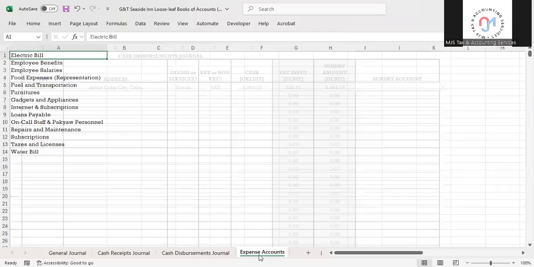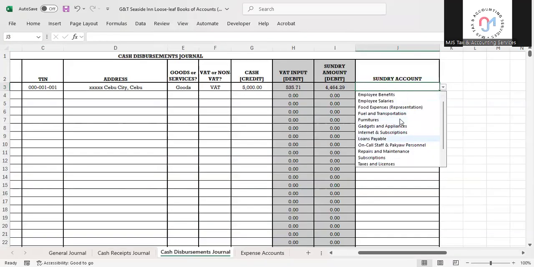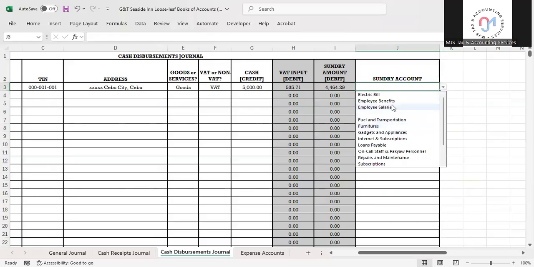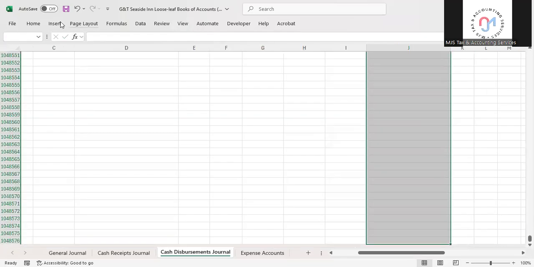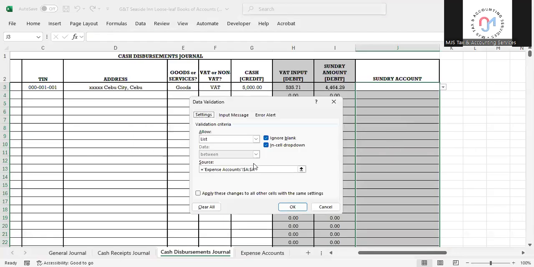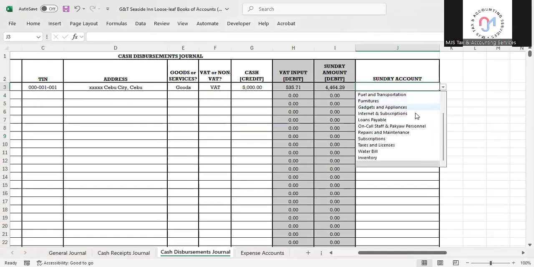I placed this here as expense accounts, so you can also add inventory here. I think we have to update this one first. Okay, and let's just see if there's already inventory. Okay, so just choose inventory.